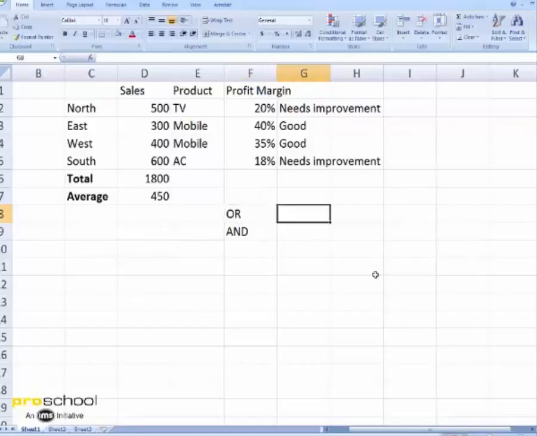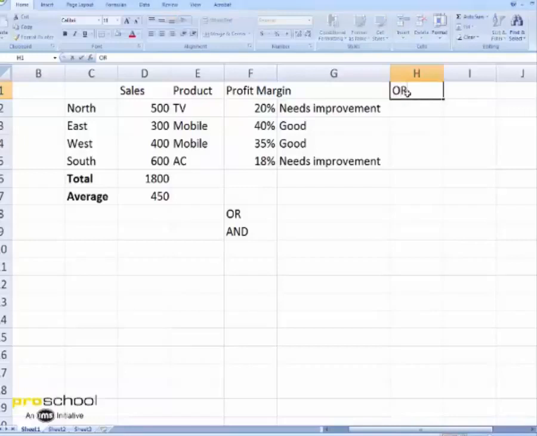So let's say in a particular cell I put the or condition. I put two conditions to check if the margin is greater than 25% and check if sales are greater than 450.